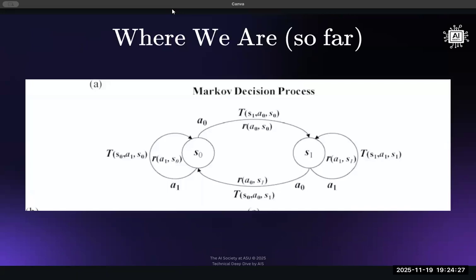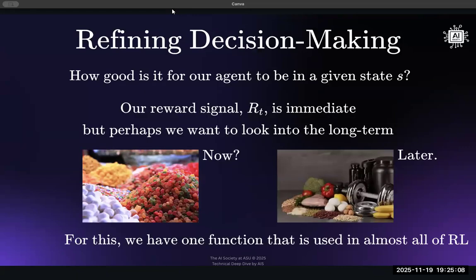Just a checkpoint of where we are right now: we've talked so far about Markov decision processes, right? We have states, and we transition between these states. This T is just the probability of transitioning to state one, given that we take some action and that we were currently in state one. And then there should be an R, associated with some reward. So each action takes us to some next state, and of course these are probabilistic. We are uncertain whether we will actually transition to that next state.